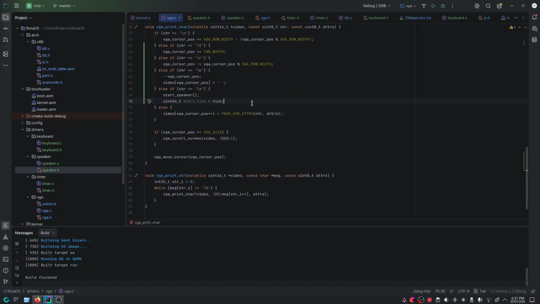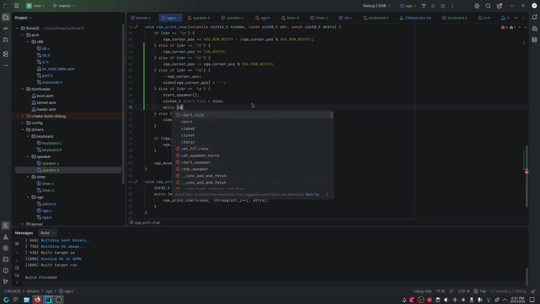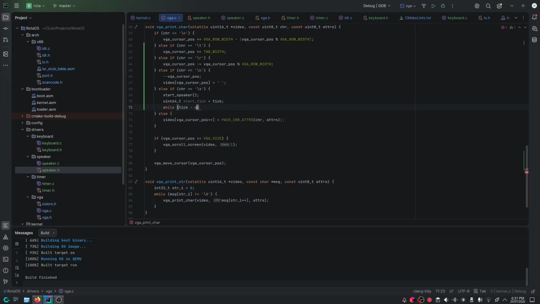Oh no, this is VGA though. So equals start tick. While this will be blocking because there's no multi-threading or anything, it's going to block for not long. While tick minus start tick, and play for half a second is,